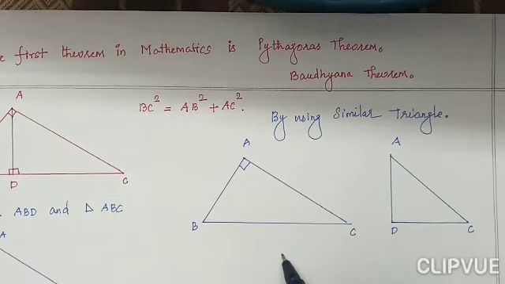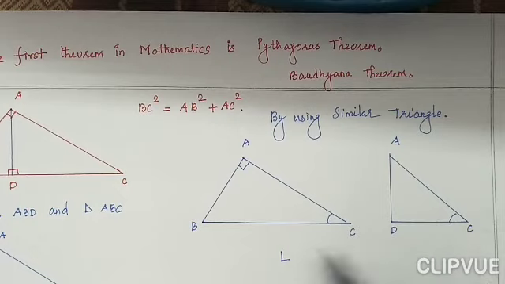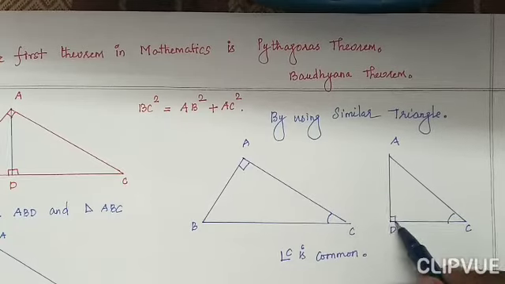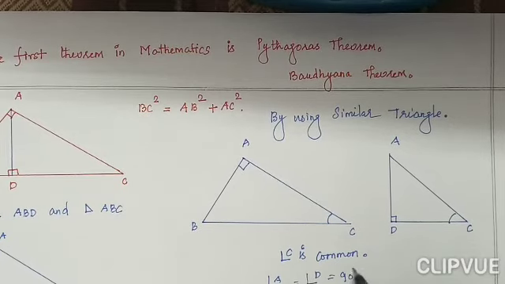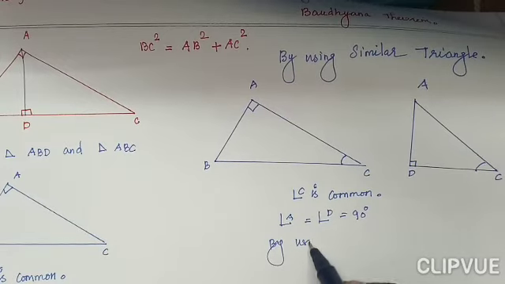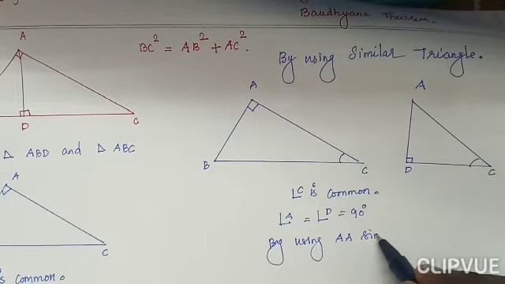Here angle C is common. Angle A is equal to angle D is equal to 90 degree. By using angle similarity criteria,